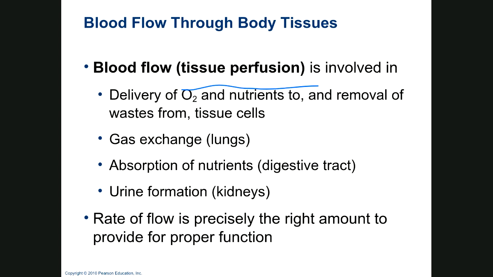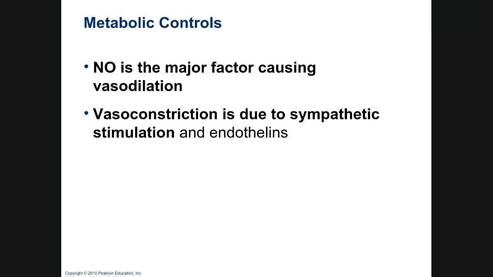removal of waste from tissues. Gas exchange in the lungs, absorption of nutrients in the digestive tract, urine flow, and you have to have exactly the right amount of tissue perfusion to get proper function. Vasoconstriction is due to sympathetic stimulation. Nitric oxide is a major vasodilator, and this we'll talk about in subsequent chapters, is